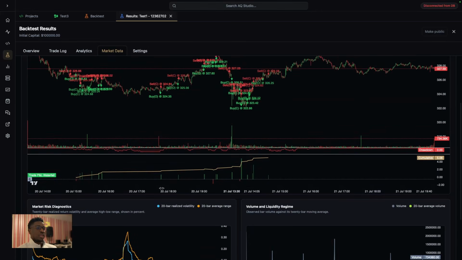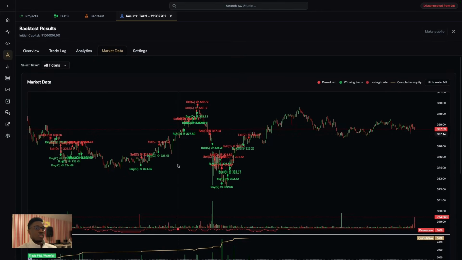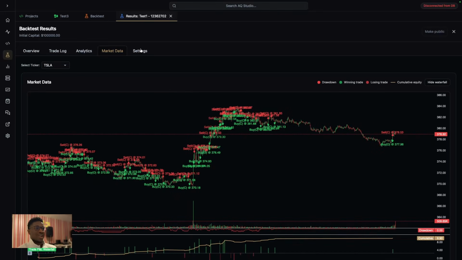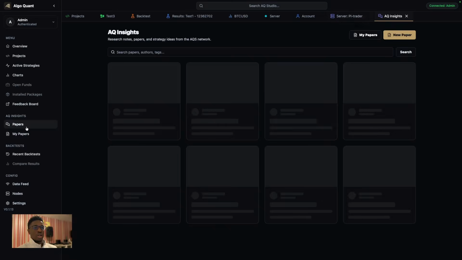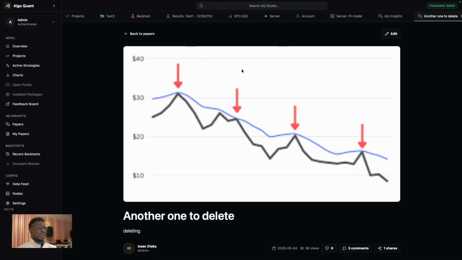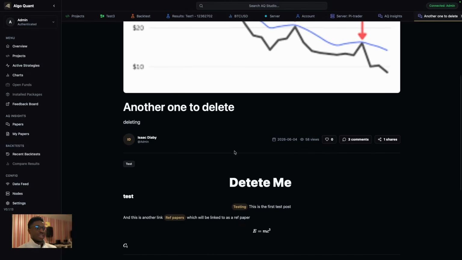So, and again, over here, you're able to see more information as to all the positions, all the different symbols as well that were in the strategy. Another big thing with AQS is the AQI, which are AlgoQuant Insights, which are basically like AlgoQuant papers. And essentially, the idea behind this is that you're able to then create papers that people can then review and